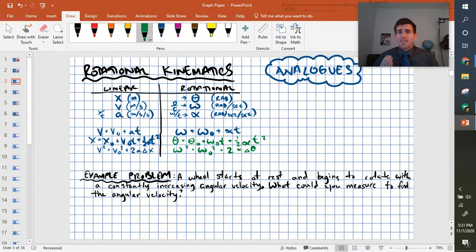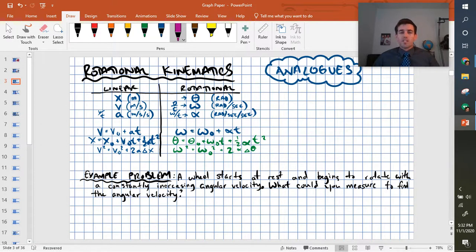I'm going to use a technique that I hope you guys use also on the exam. If you come across a rotational motion problem, very often, unless it's asking specifically for a comparison between linear and rotational motion, usually you can just ignore the rotating parts and look at it as just a linear problem. So for example, this problem says a wheel starts at rest, begins to rotate with a constant increasing angular